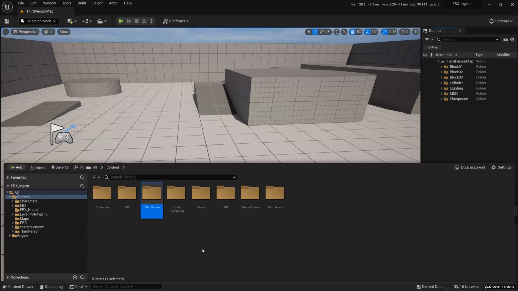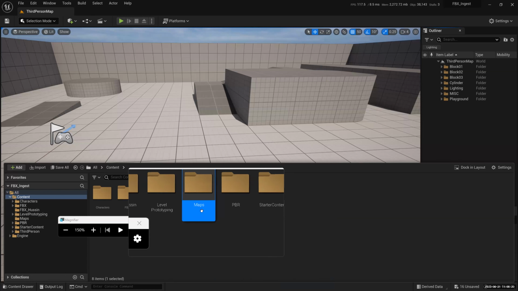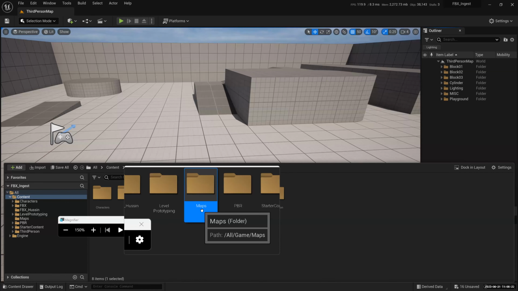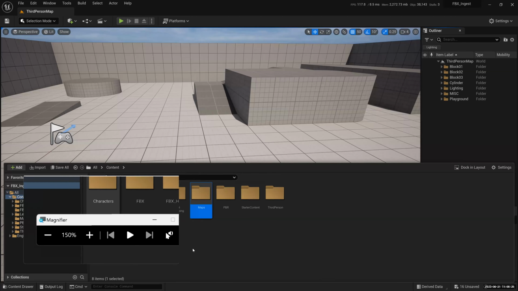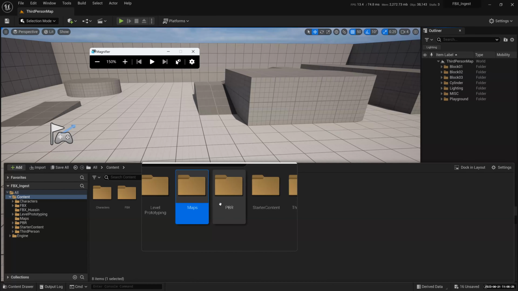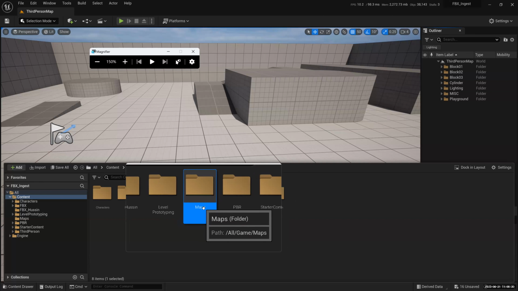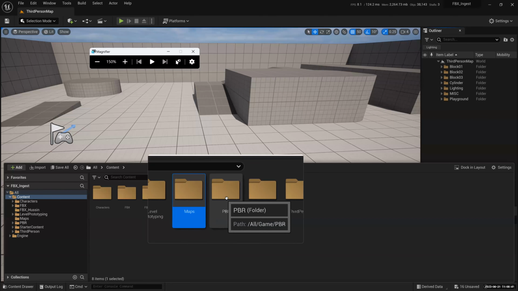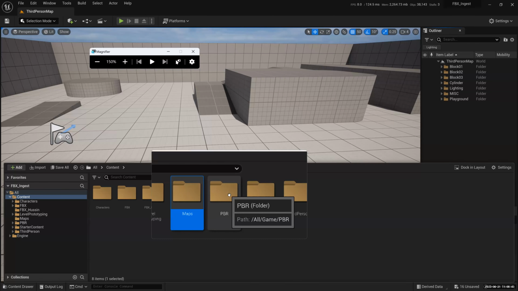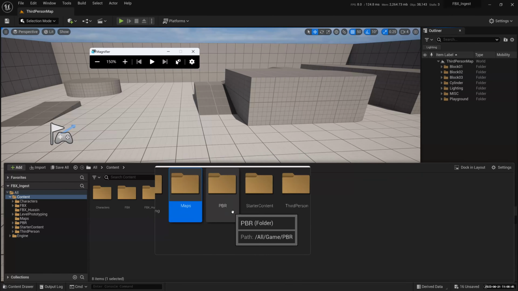If you see the word Maps here, maps in Unreal Engine means the name of the level. It's unfortunate, but it's because Unreal is a game engine, so they use all the game engine naming conventions like maps. Some people call it levels, some people call it maps. I can interchange. I call them levels, I call them scenes, I call them maps, whatever works for my project. PBR here means physically based rendering materials. I'm sure some of you know about this.